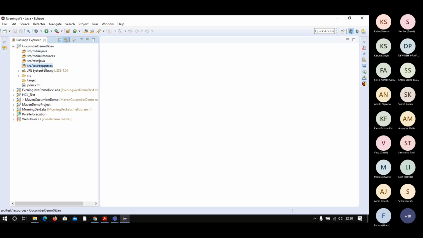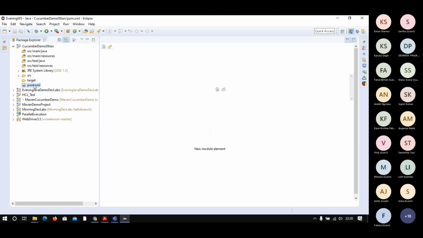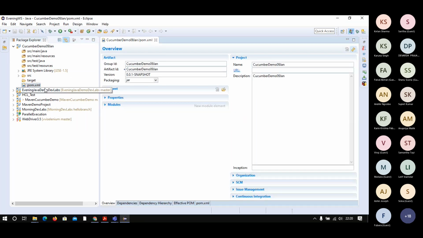So first I'm going to do the setup kind of things. We have the pom.xml file, so just open this by double clicking here. Once you double click, you will see this structure.